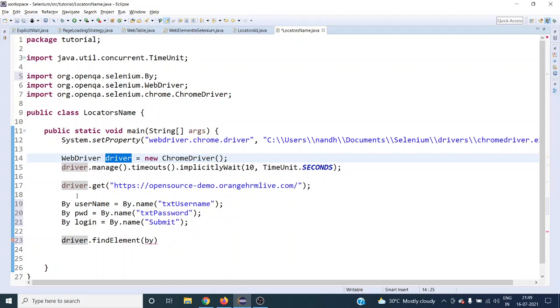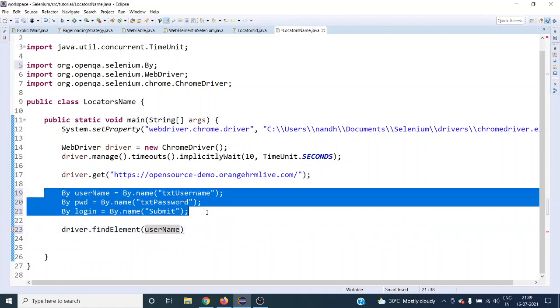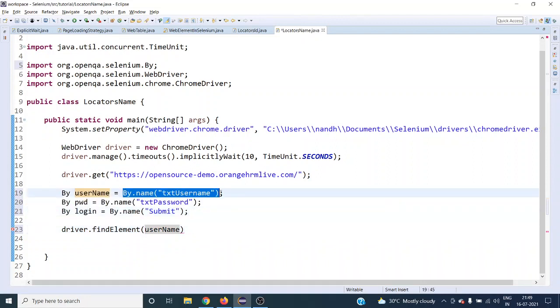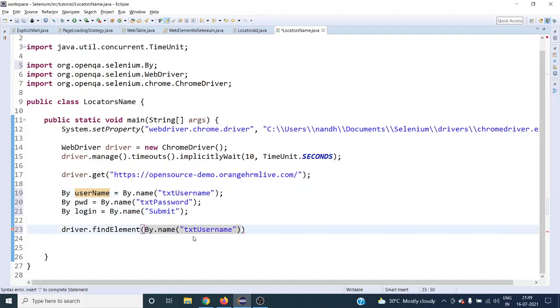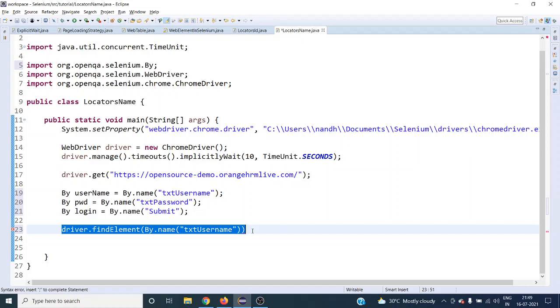So first we have to find this one, username, right? So instead of giving it like this, you can just directly give this as well, like this. There is no harm in this, right? It will not make any difference, but this is the easy one. When you get used to your WebDriver, you will use it like this only. Just straight away, driver find element by name, that's all. Find element by name, like this you will give it.